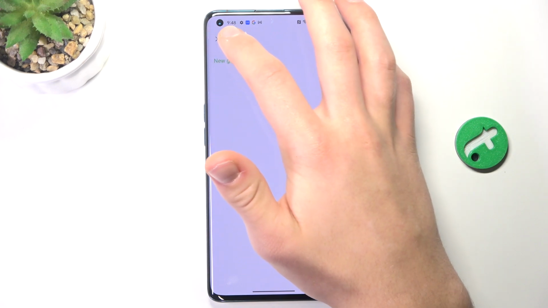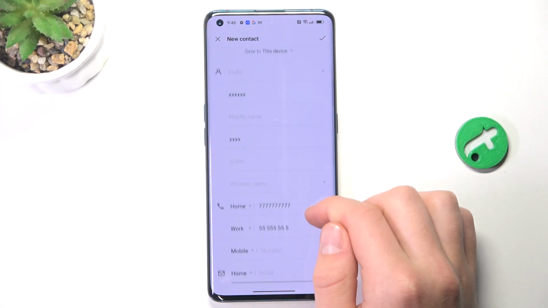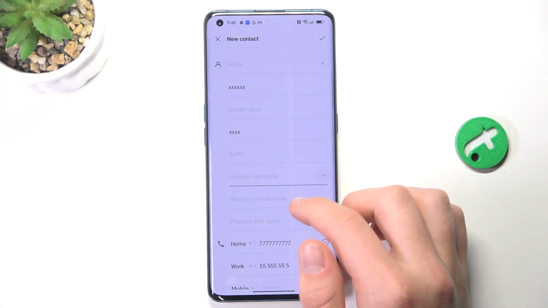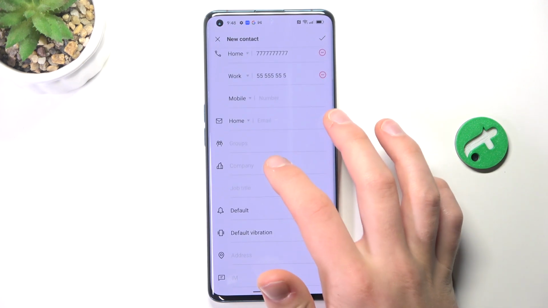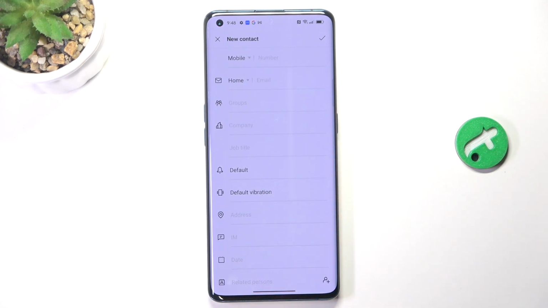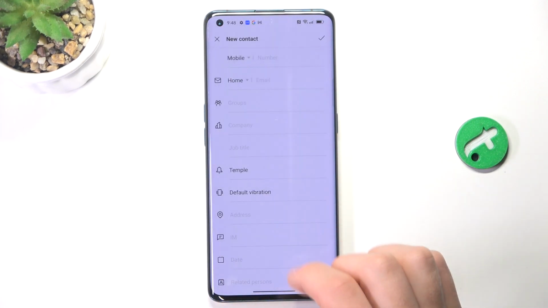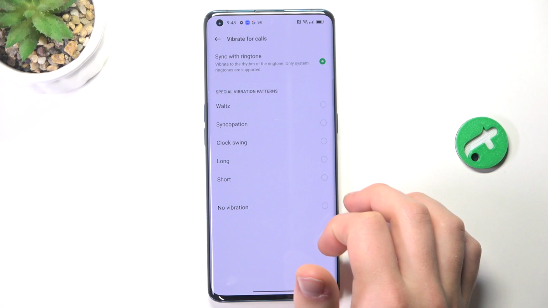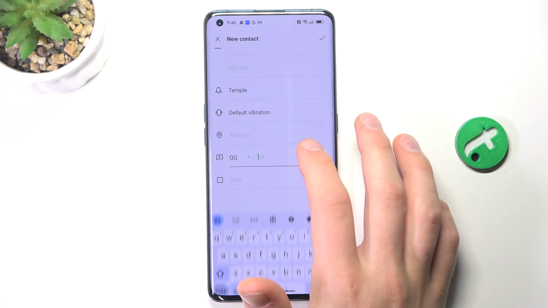You can also tap on show more to see more blanks, and the blanks are going to be like phonetic name, phonetic middle name, phonetic first name, company, job title. You can select a custom ringtone just for this contact. You can also select a custom vibration for this contact only. You can add address, IM,